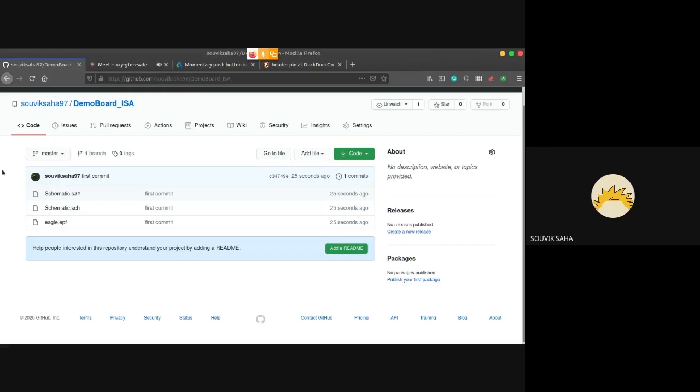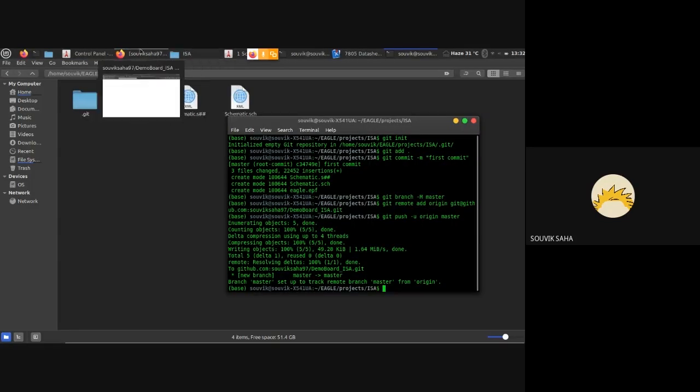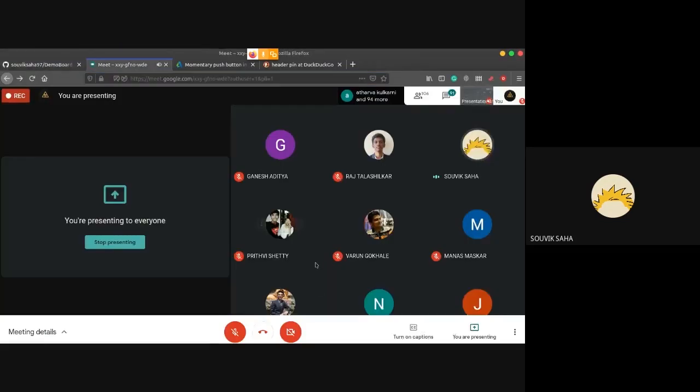So if I can have your attention for a second, this is what our repository looks like when it has files. As you can see, I've just kept a copy of my schematic online. I think someone has shared this repository with you all. So if you go to GitHub, you can see the contents of the repository if you want.